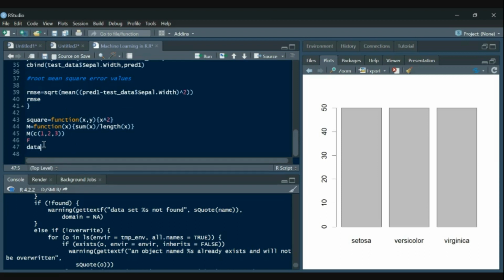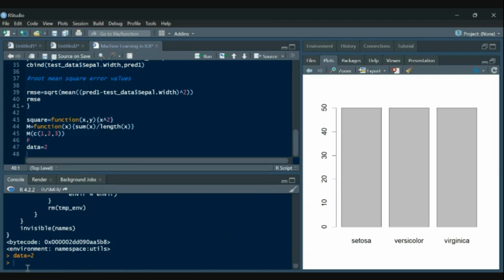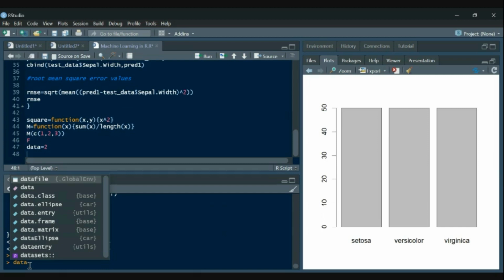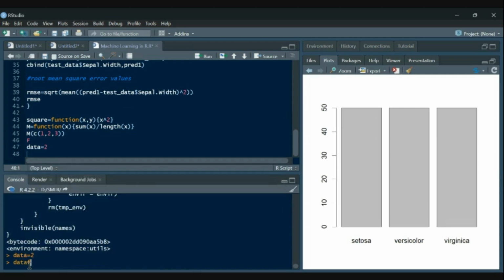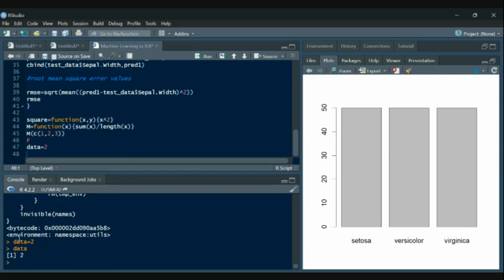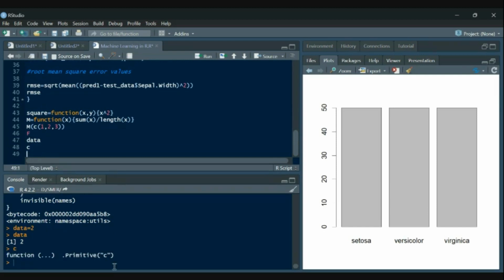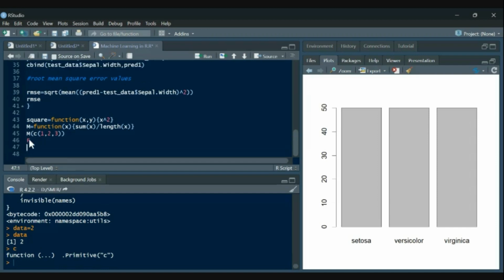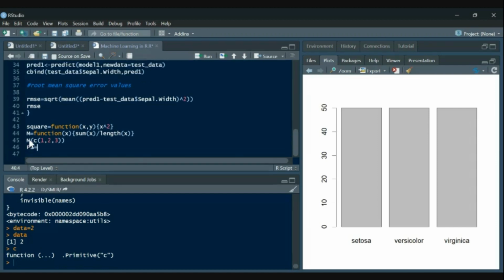Let's say I defined it as data2. Now when I type data, it won't give me the function, it will give me the value. So we should first check whether the name we are giving is already in R or not. Like sometimes people give c while it is already the combine function. So just keep that in mind. So let's say this is f1 equals function.